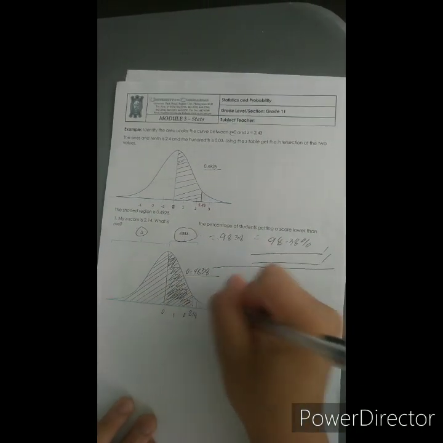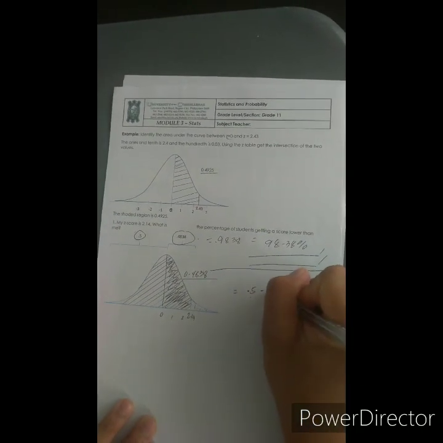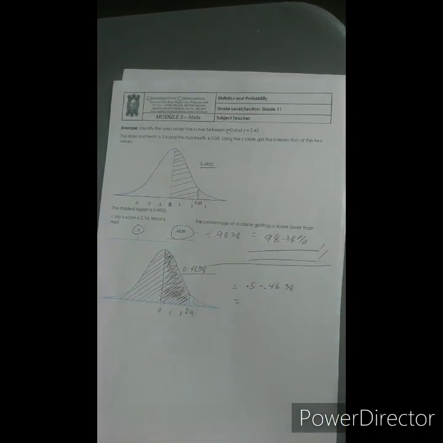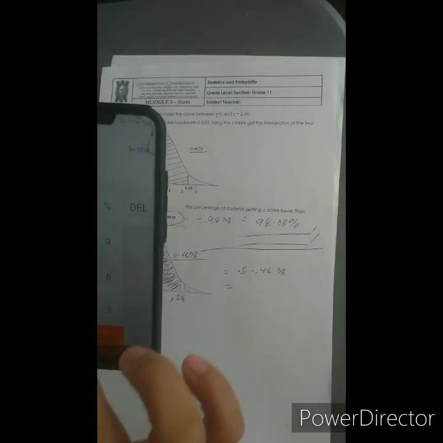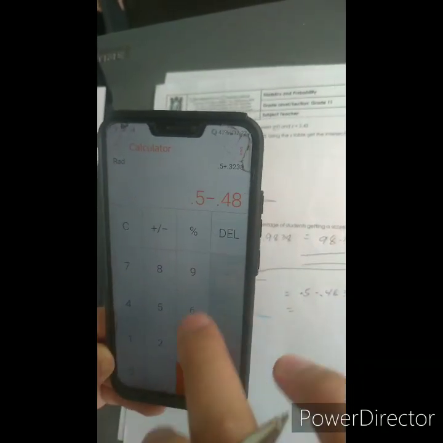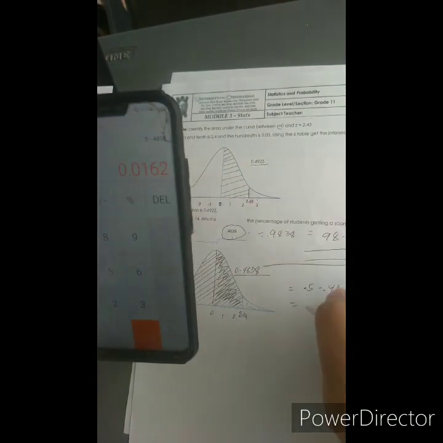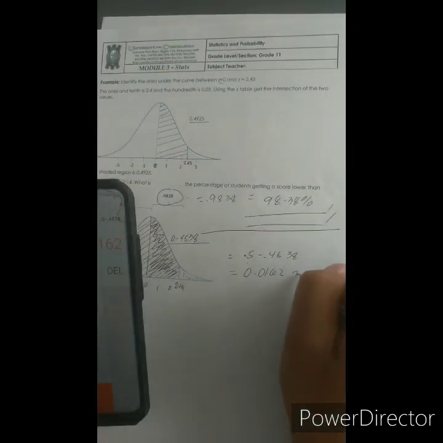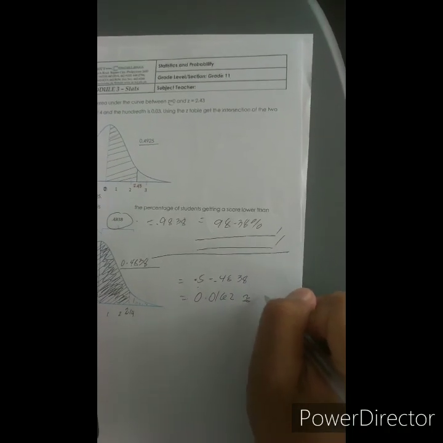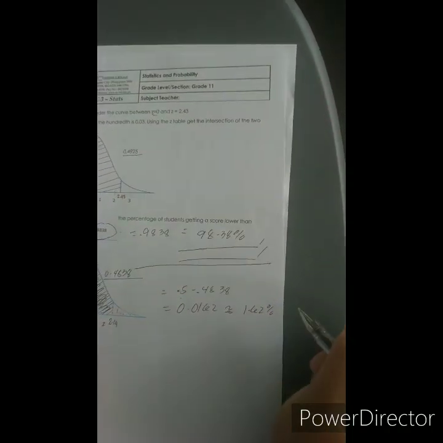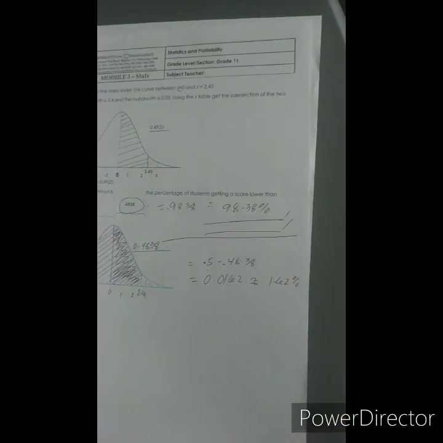So, para makuha natin yung area na to, 0.5 minus 0.4838 equals 0.0162, or that is equal to 1.62%. Yan lang po ang